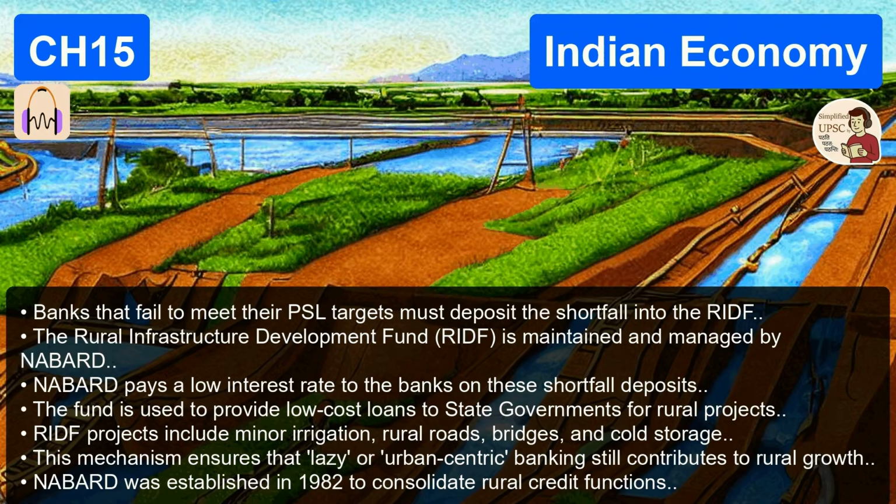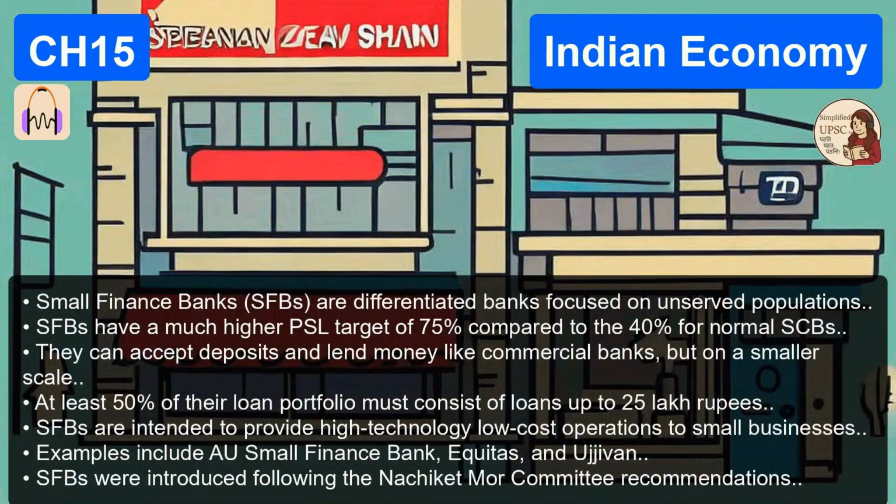Now let's play devil's advocate for a second. Banks are profit-driven entities with shareholders. Dealing with thousands of small rural loans is administratively expensive and carries a high risk of default. What if a bank manager in Mumbai says, "Sorry, RBI, I honestly couldn't find enough eligible farmers to lend to this year"? What if they miss the 40% target? They cannot just shrug it off. The RBI has a big stick. If they miss the target, they are penalized.